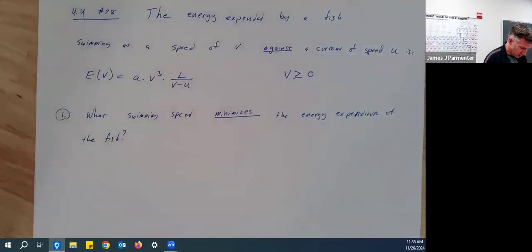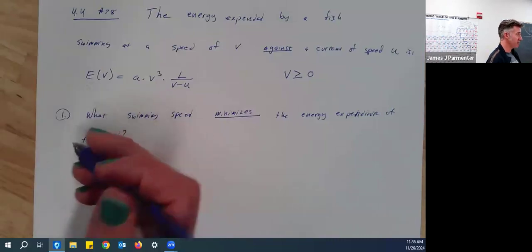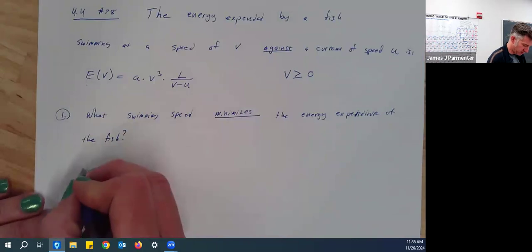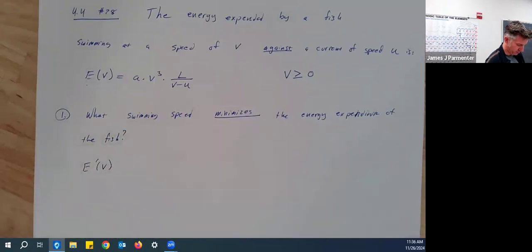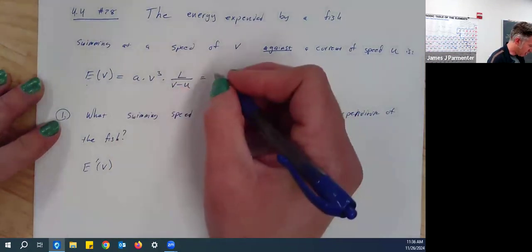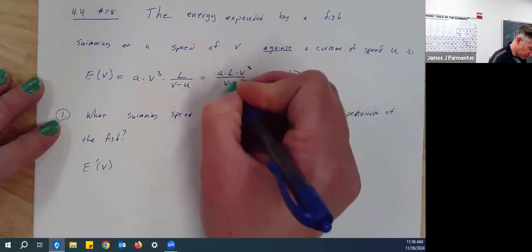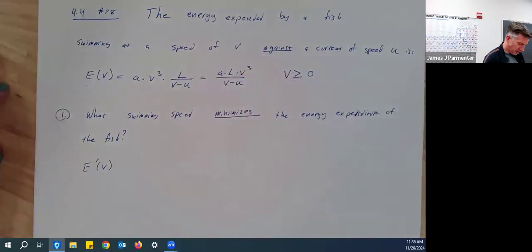In another problem it could. So we're trying to minimize the energy expenditure. We're trying to minimize E by doing the usual thing, finding the critical values and seeing if it gives us a minimum. So we're going to take the derivative. This is where it's really important to remember what's your variable and what isn't. The only variable here is v. Everything else is a constant, which is a little annoying, but it's what we've got. So I would probably rewrite my function here as everything on the top: a times L times v cubed over v minus u. So now if we take the derivative,